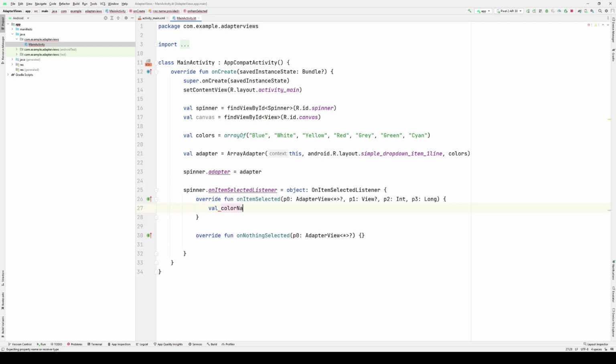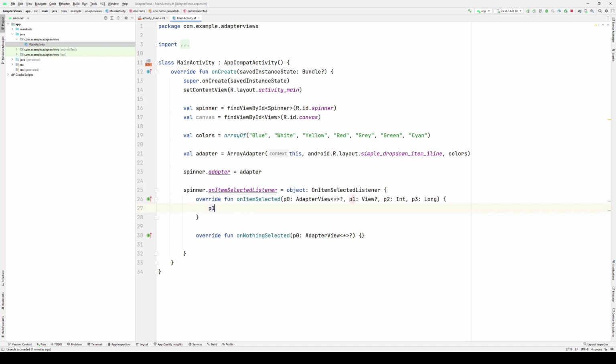My color value is going to get P1. P1, the view, is currently nullable, so I need to essentially insist that it's here, or rewrite my code to say only execute if P1 has a value. So I could do that by saying